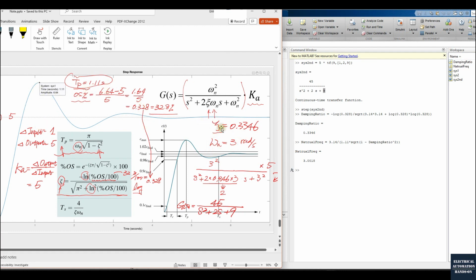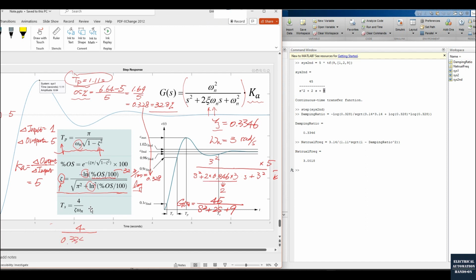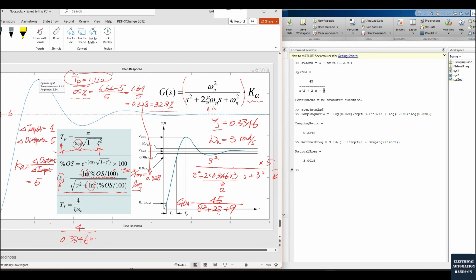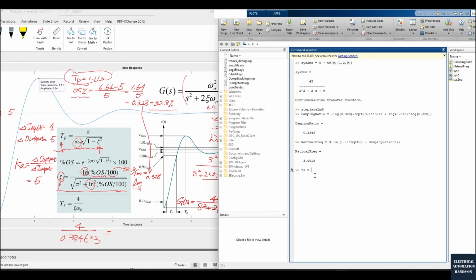the two important parameters, damping ratio and natural frequency. And if you recall, we also have the TS here. So I would recommend using this TS, the settling time, to verify again whether the damping ratio and the natural frequency we calculated are correct or not. For example, in this case, this TS denominator is 4 and the damping ratio is 0.3346. Okay, and multiply 3 equals to, using 4, derive the damping ratio multiply the natural frequency,